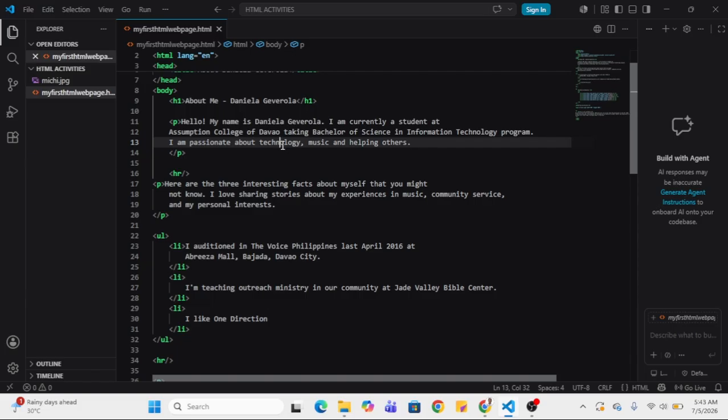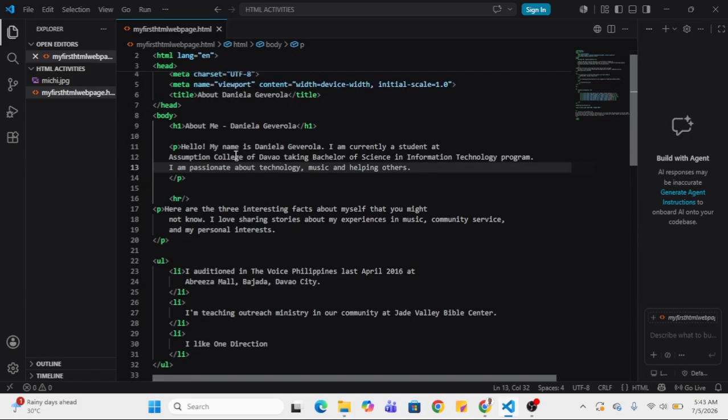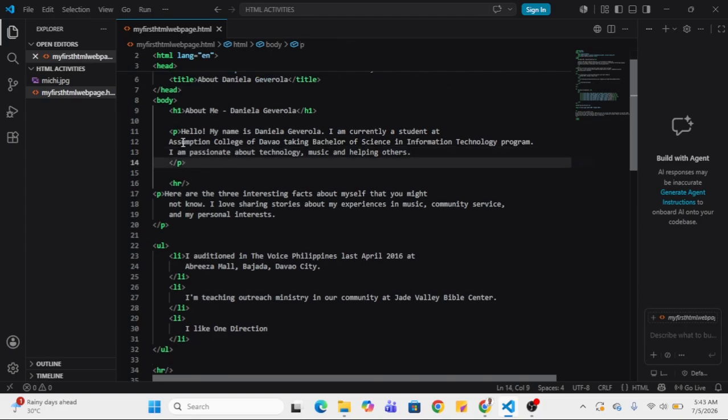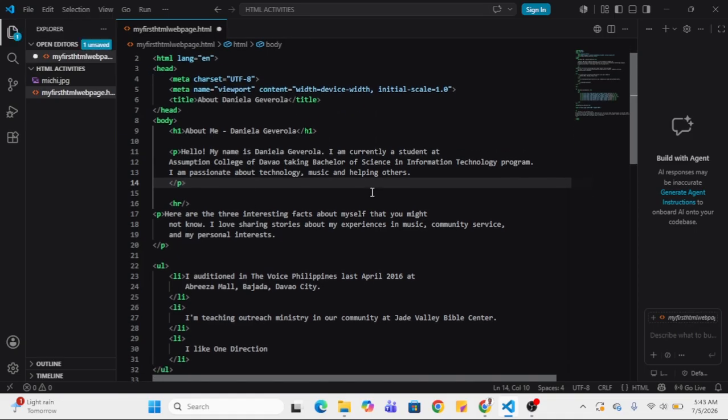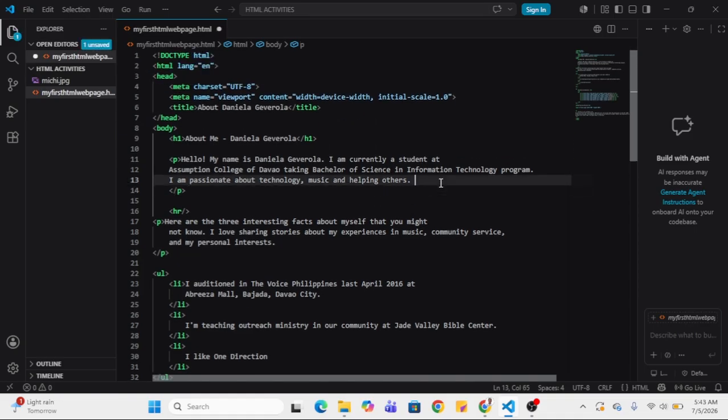This is the second part where we put our information. And if this paragraph tag isn't on our web page, it won't have an introduction, and the user will feel confused about what the website is all about and how the page will start.